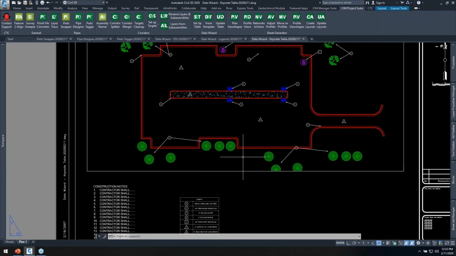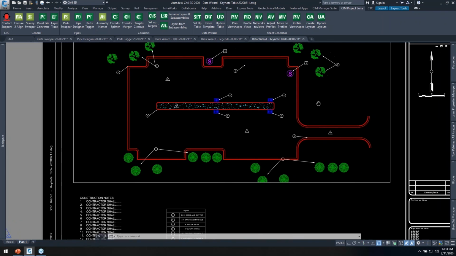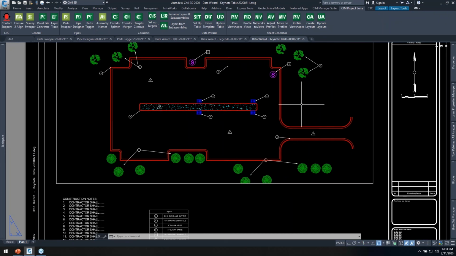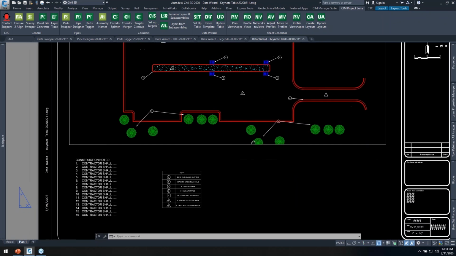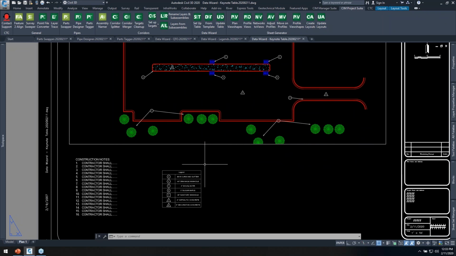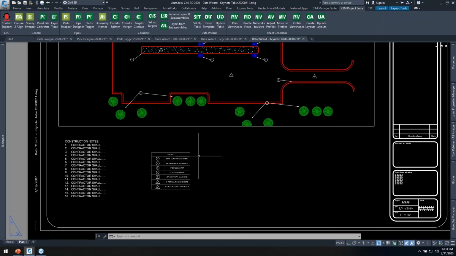Accuracy of our plan sets makes a big difference, right? Detailed tables, legends, and this kind of information, as well as QTO, is important. And a lot of times we're stuck with tools that won't handle our entire project, or manually building this stuff, which is one, time consuming, and two, error prone, right? We don't want things in our legends that shouldn't be there, or vice versa. Things that should be there because they're in the project, but we missed them because we were manually building our table, or we grabbed a